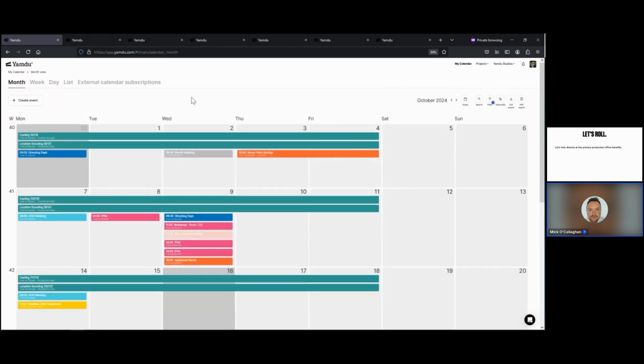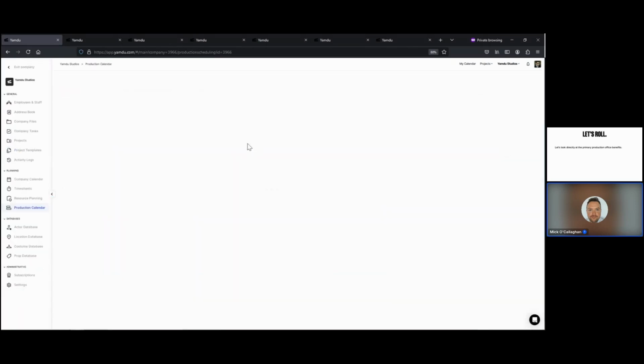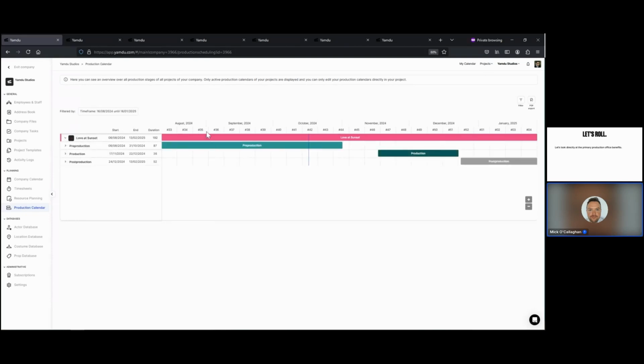So always keep in mind that at the overview level here, information feeds into my calendar, which is a collection of information from all projects. And that extends to other areas in the company area here, which is great for long-term information, because it would also include production calendars from different projects, which was a real bugbear for lots of people. Again, I'm sorry that I can't illustrate this with multiple projects, but